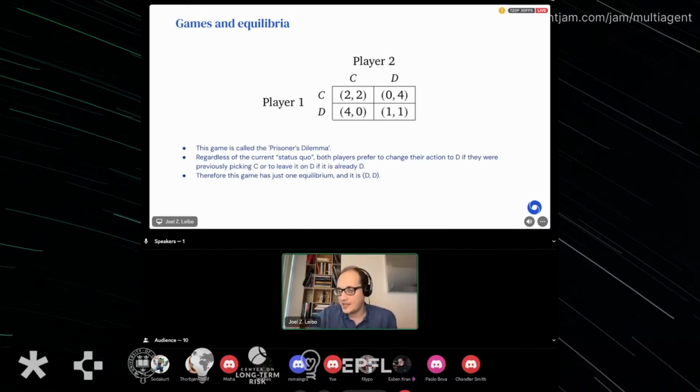Then they can each ask themselves, well, from this current situation, would I like to change my action to the other choice in order to get a higher reward? And so if you think about it from the row player's perspective, in the corner where they're both playing C, they could switch to the second row, which would mean playing D, and then get a 4. And since 4 is greater than 2, that would be a rational thing for them to want to do.